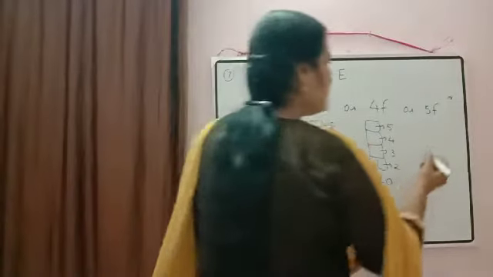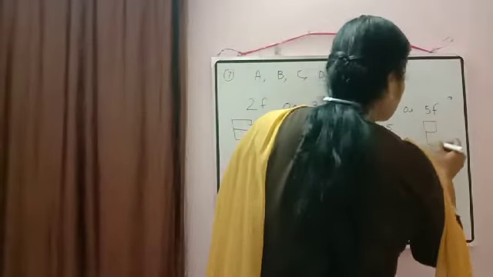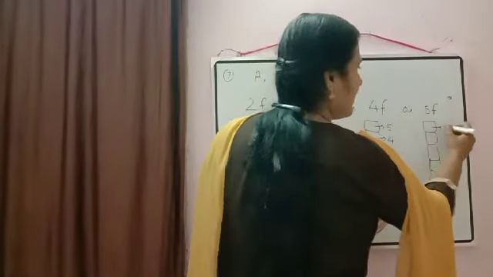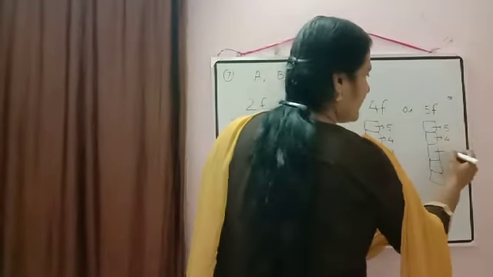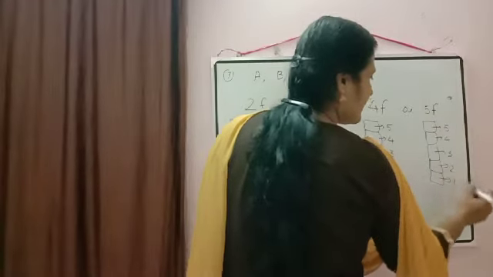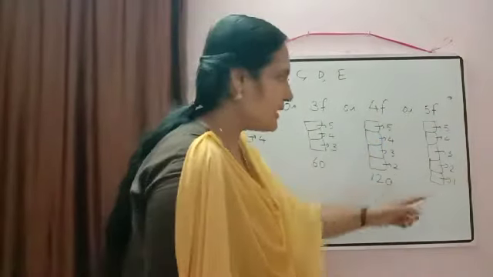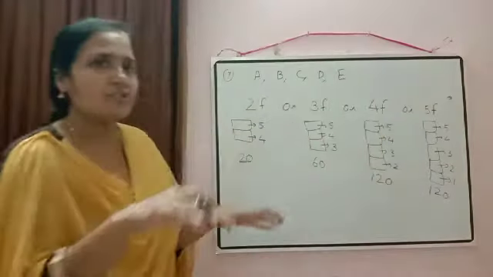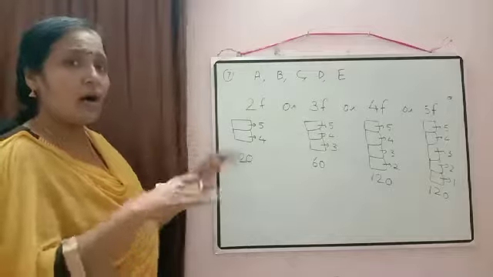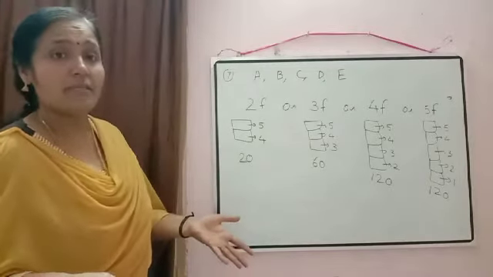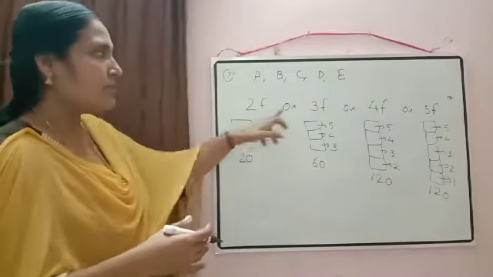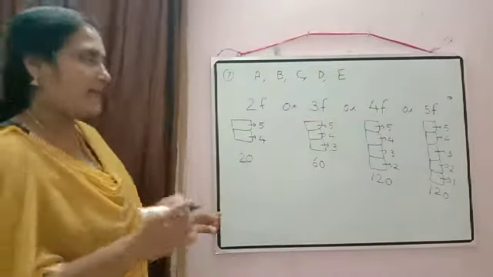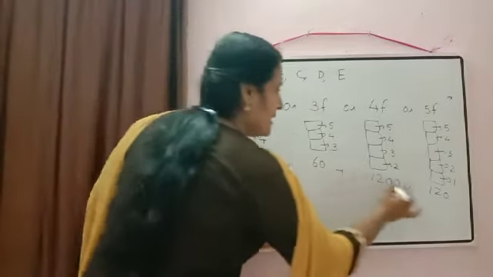Or if I am using all the 5 flags, so this place 5 ways, then 4, then 3, then 2, and then 1. So again its multiplication will be equal to 120. So at least 2 means either I can use 2 or more than 2. More options are available with me. So whenever we are using or, what we have to do? We have to add.